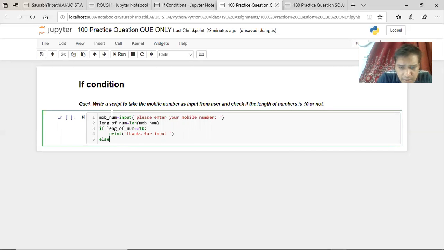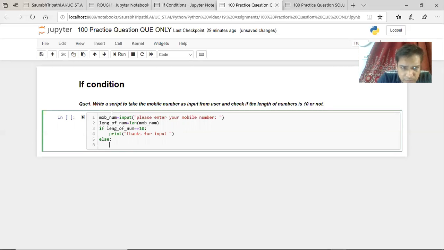Say else, print, please try again, only 10 digits allowed. Okay, something like this. You need to make it more creative and more sensible in your own ways. I'm just writing in a single shot. You can obviously make a better code than this if you practice a little hard.